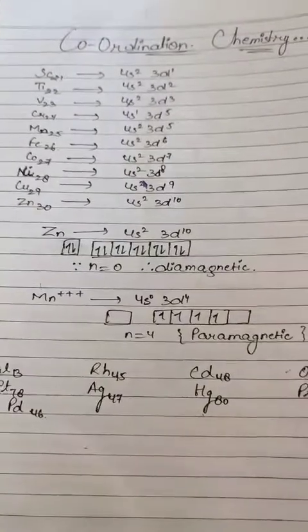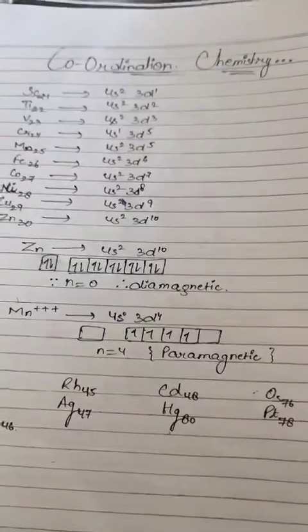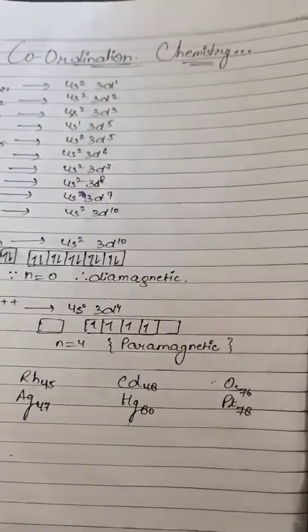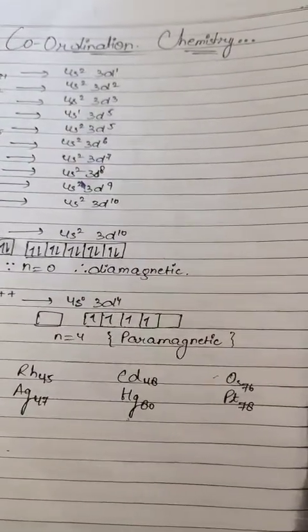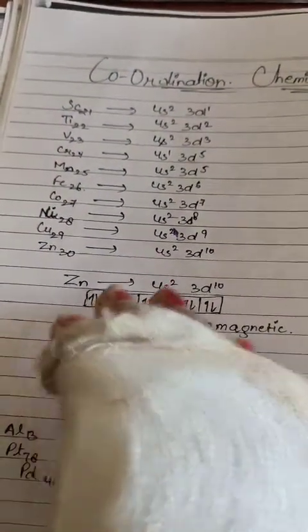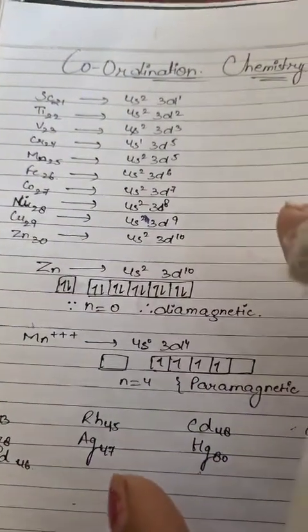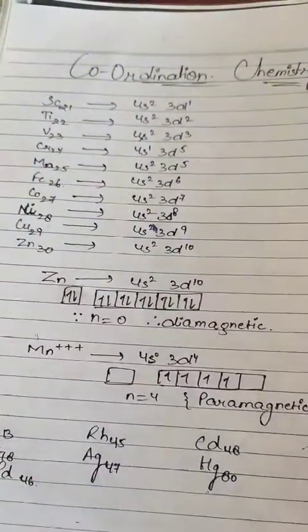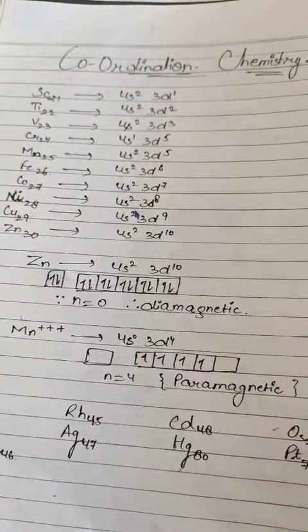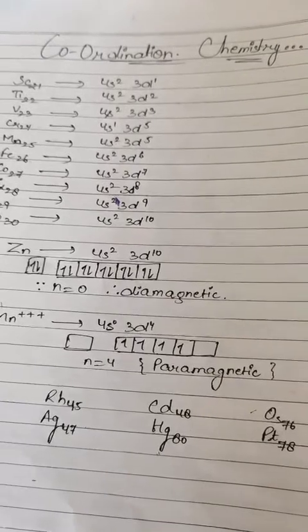Now we are doing how to fill the electrons. First of all, listen to me very carefully. We have 4 blocks: S, P, D, F. In S, 1 orbital is coming. In P, 3 orbitals are coming. In D, 5 orbitals are coming. And in F, 7 orbitals are coming. Now in S, how many electrons will come if it is 1 orbital?